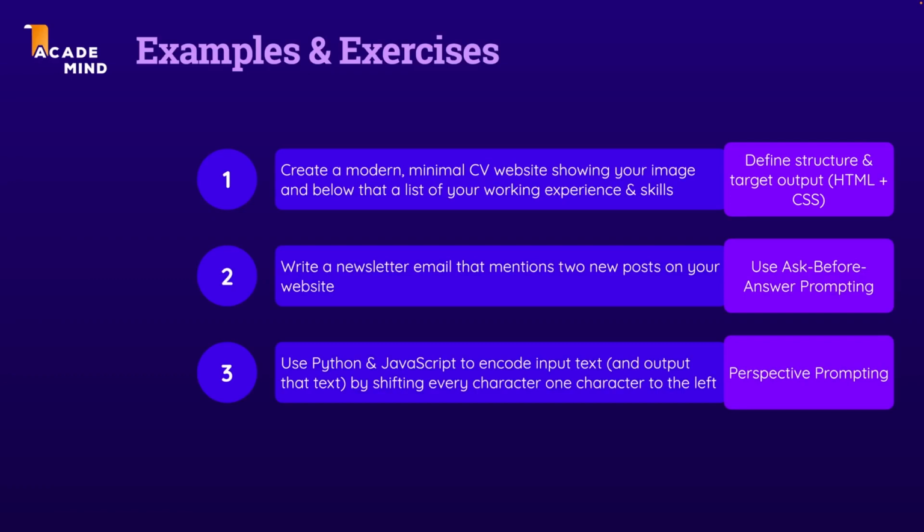And the goal, of course, is that you come up with prompts that in the end give you outputs that fit those tasks here. For example, for the first task, I want you to come up with a prompt that leads ChatGPT to create a modern minimal CV website where your image is included, and below that image a list of working experience and a list of skills is shown. And you should create a prompt that in the end leads to ChatGPT giving you the HTML and CSS code